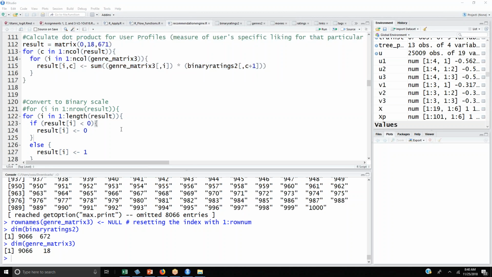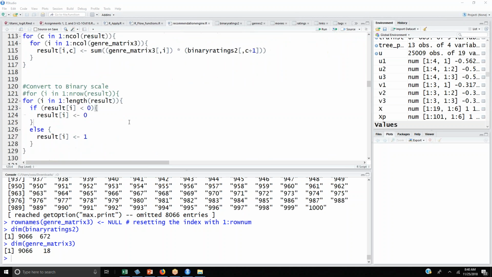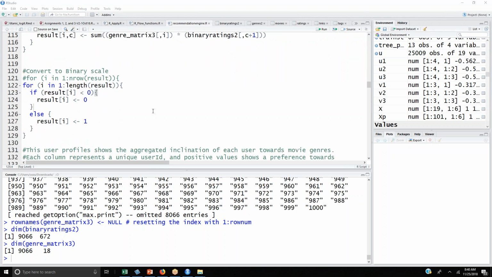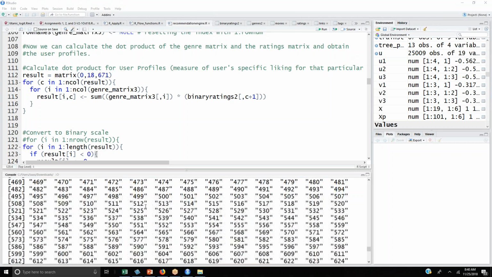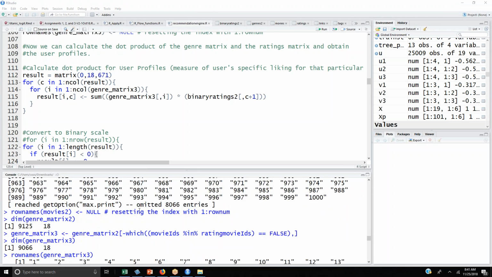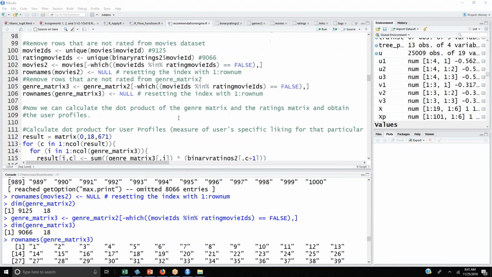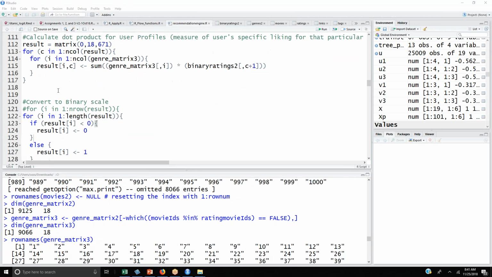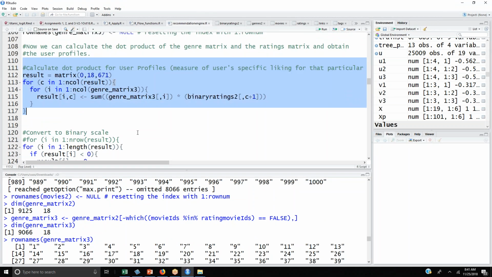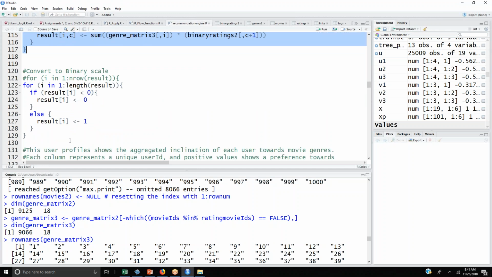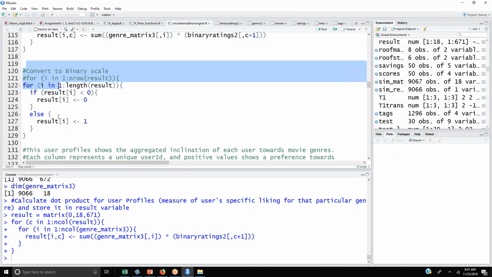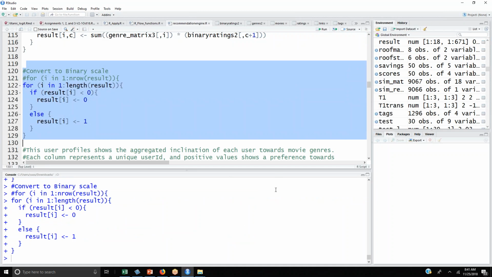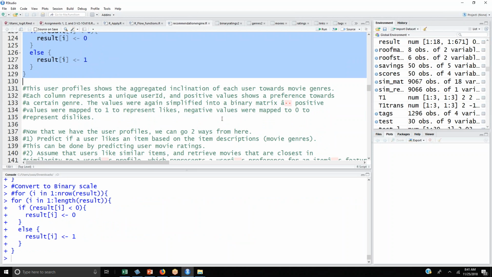Okay. Now, calculate dot product. Row name genre 3. So convert. Calculate dot product. Convert to binary scale. Okay. Let's do this. Run. It's running. Done. Okay. Now,